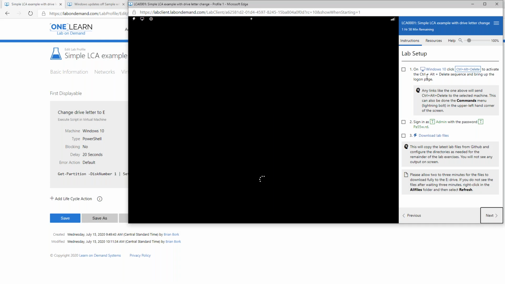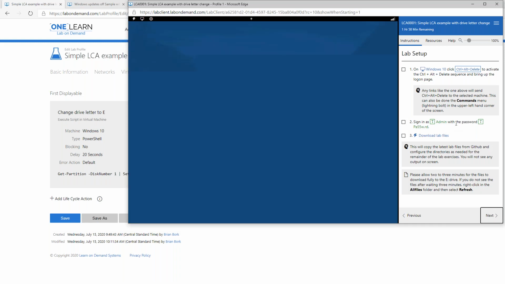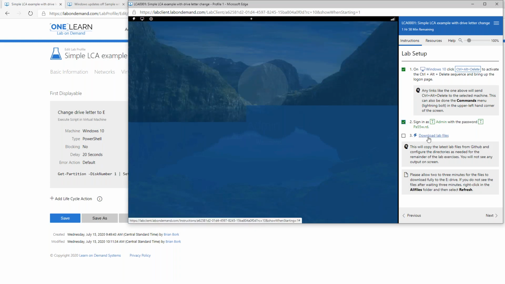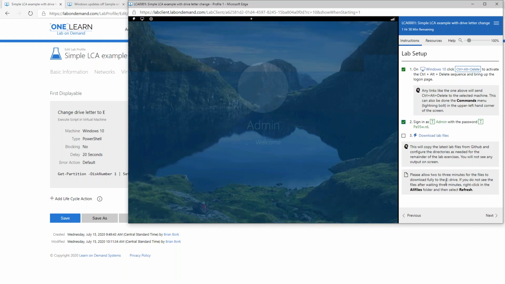Well, the instructions have you sign on. As you'll see, as soon as this lab finishes loading, it will automatically sign me on. And then once it signs me on, I will be through steps 1 and 2. Then there is this script that downloads lab files, and this script allows the user to get the most up-to-date lab files from a GitHub repository, which is great, except for the fact that it's only going to work with an E drive. Remember, we can't edit these instructions. So how do we unify this? How do we make this happen? So as soon as this signs in